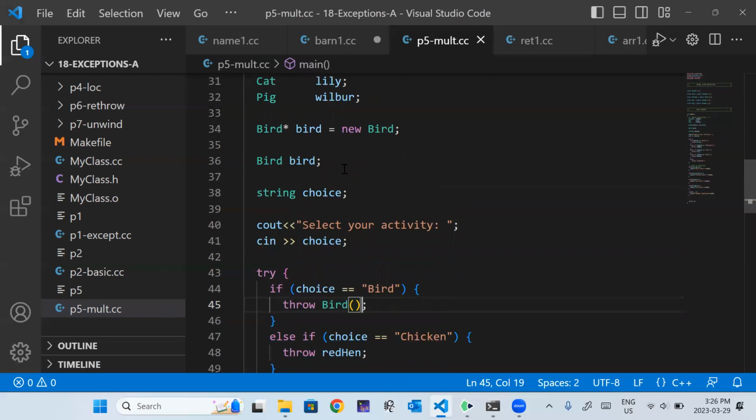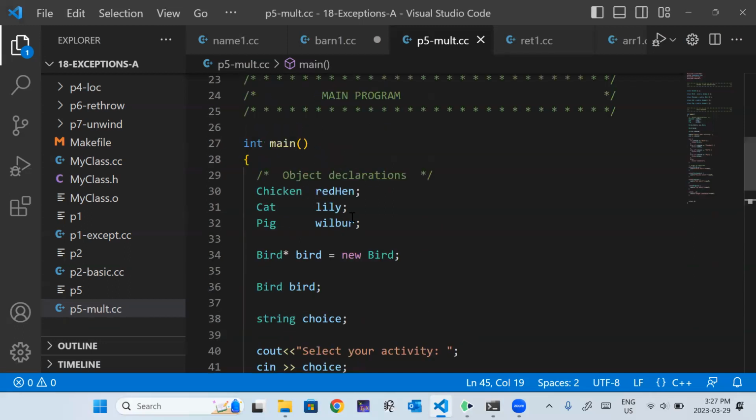What's that? Sorry. You could. You threw a pointer. I mean, so you have to figure out what to do, right? If it's pointing to dynamically allocated memory and you throw it, then maybe you should. Yeah. So yeah, there's lots of options. Yeah, exactly.